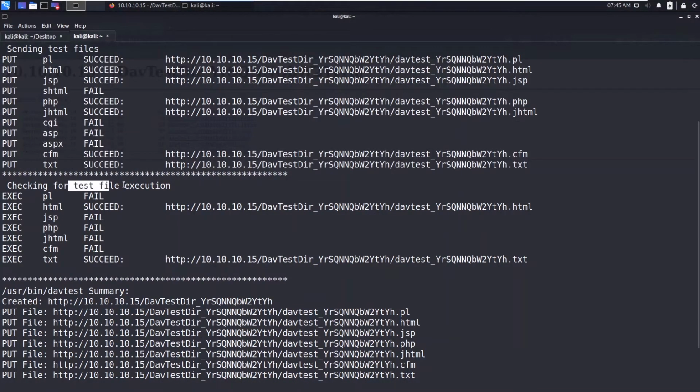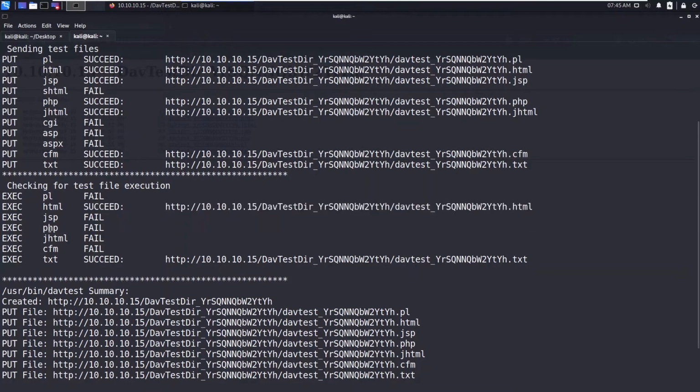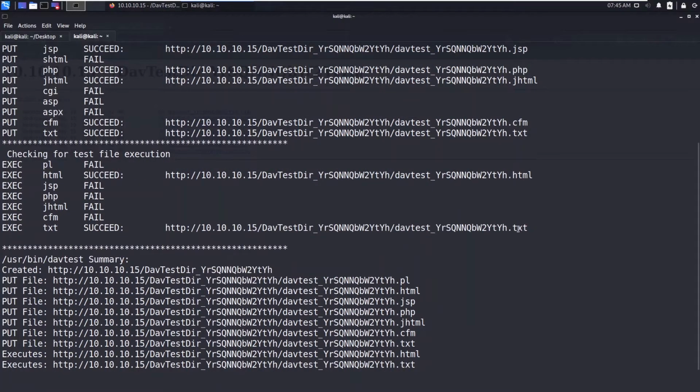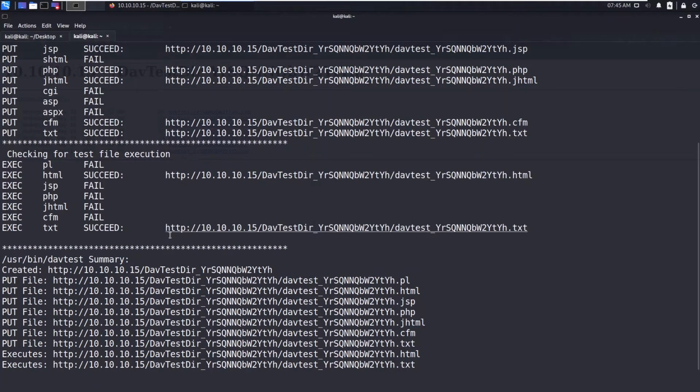And now it is checking for test file execution. Perl failed, only HTML succeeded, JSP failed, and text succeeded. So it means we can only execute the text files and HTML files.